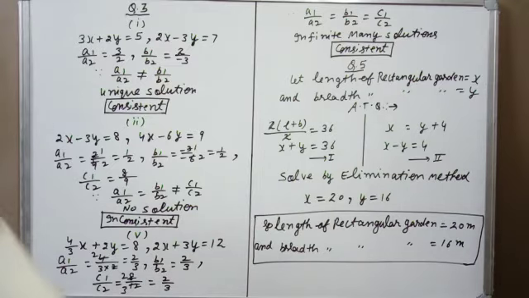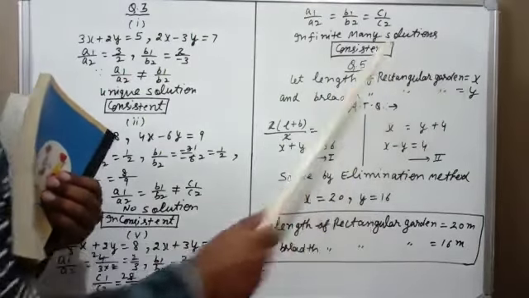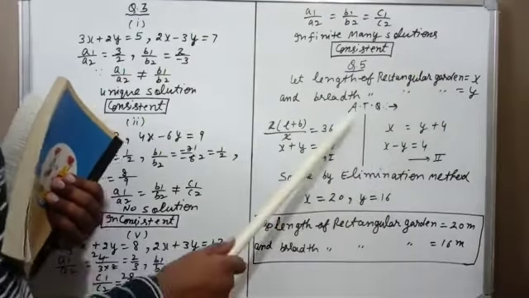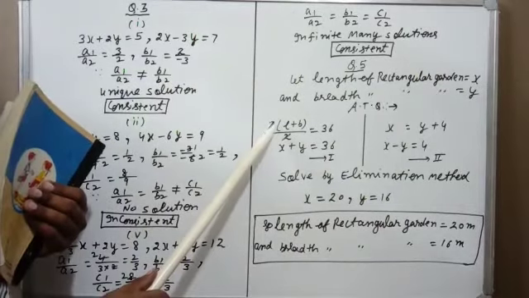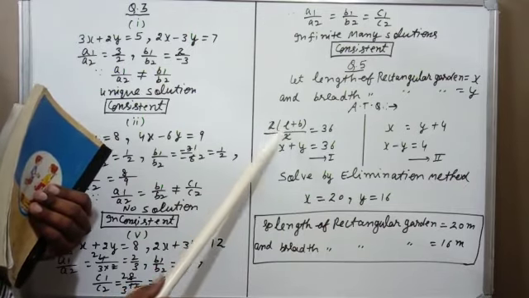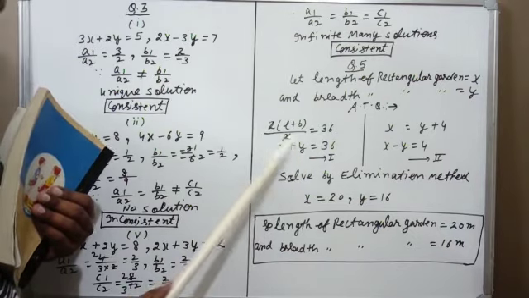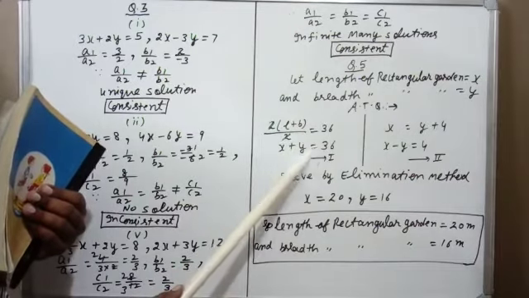So let us read the question. Half the perimeter of a rectangular garden, whose length is 4 meter more than its width, is 36. Find the dimensions of the garden. So dimension means we want to find out the values of length and breadth. So let the length of the rectangular garden be x and the breadth be y according to the question. Now the first case is half the perimeter is 36. Perimeter of a rectangle is 2(l plus b). I have to take its half and this is equal to 36. So this 2 cancels. l is x, b is y. So x plus y equal to 36.